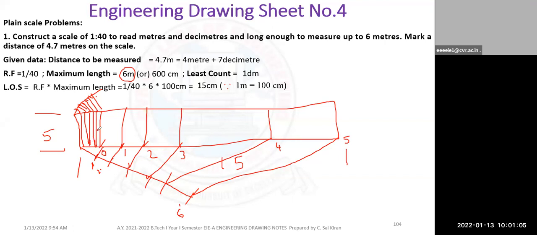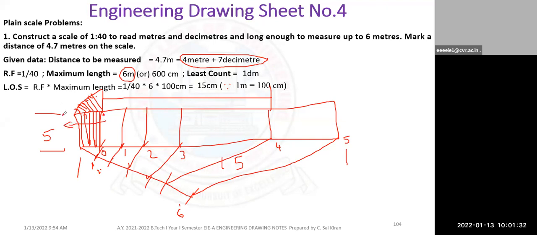Okay, so here you are dividing into 10 equal parts. Then your scale is ready and you have to measure the distance of 4 meters and 7 decimeters. So you have to represent 4 meters separately. So this is 0 to 4, which will be 4 meters, and somewhere here will be 7. Here you have to take in reverse order: 0, 1, 2, 3, 4, 5, 6, 7, 8, 9. You have to go in reverse order, in this fashion.